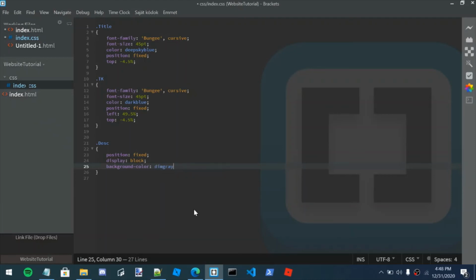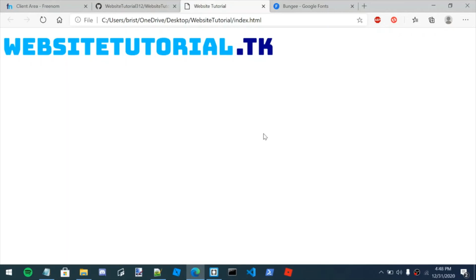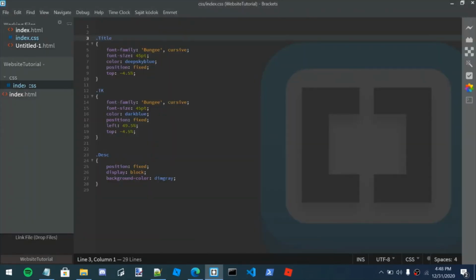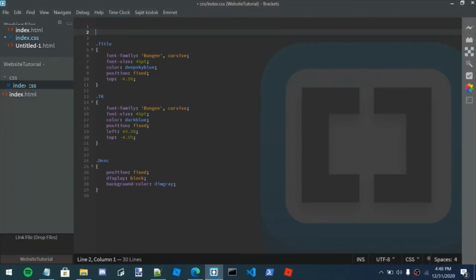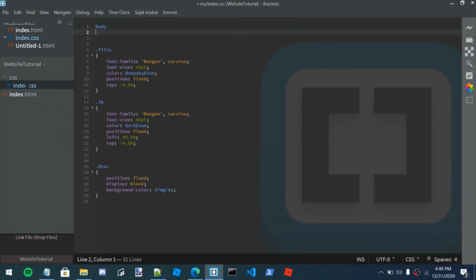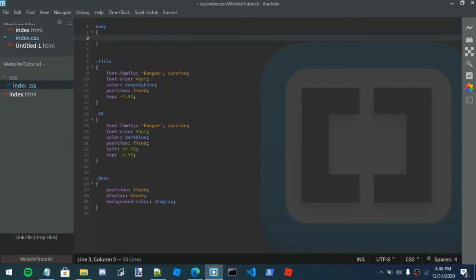Do dim gray. Also, if you want to change the background, say you don't want it to be white, it's really easy. You don't use a dot or a hashtag, you just write the word body, because it already recognizes the body right away. So you can do background